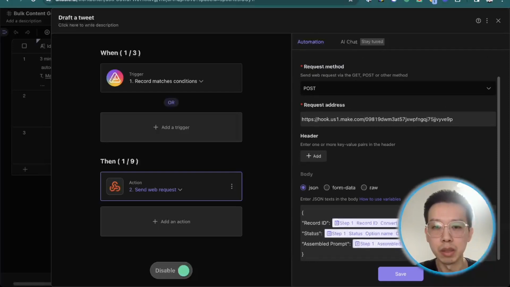And then we use the webhook. I put the webhook URL here from make.com, and I use the JSON format here. Here is the key and the value, key and value, key and value. I post three pieces of data here. One is the record ID, the status, and the example prompt, because I need to let make.com know which record I'm processing, so that later make.com will know which record needs to be updated, because you need to